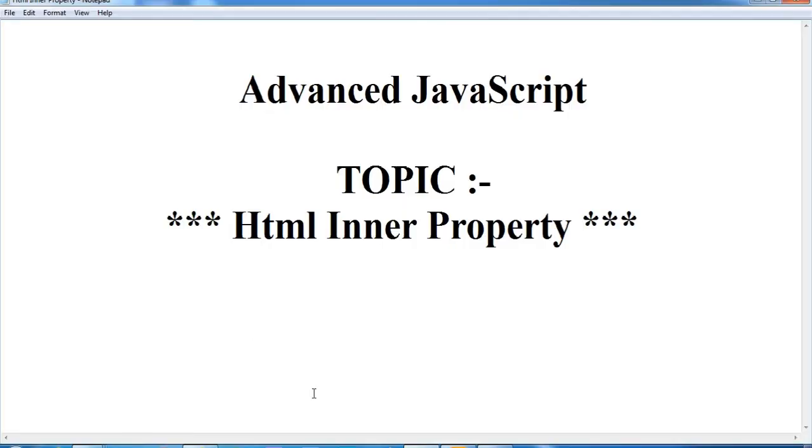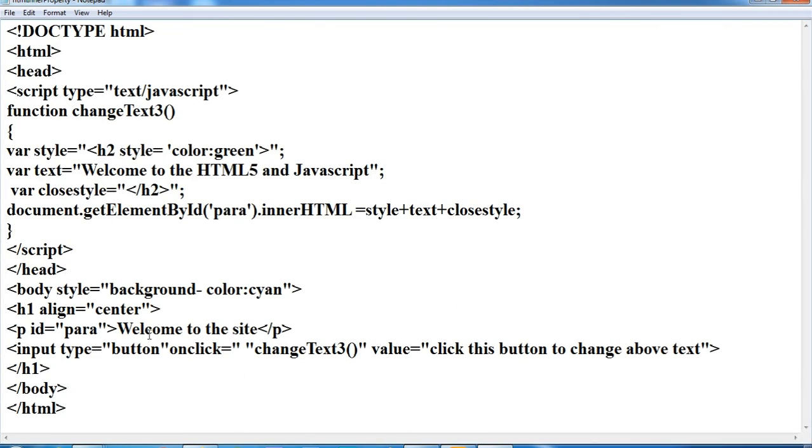Hello friends, in advanced JavaScript, our today's topic is the HTML innerHTML property. To understand the innerHTML property, I have made a program here. See what I am doing here. I have simply made a one